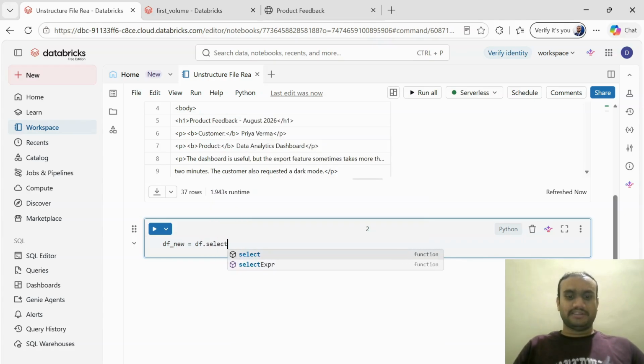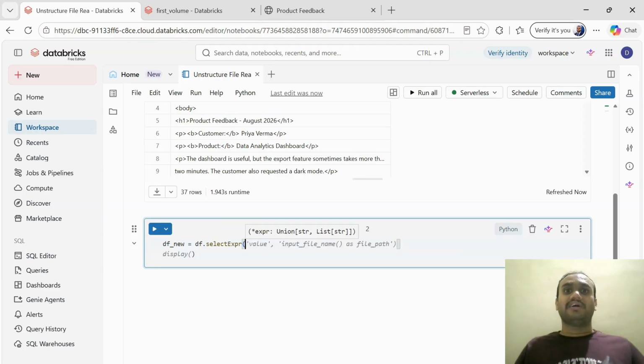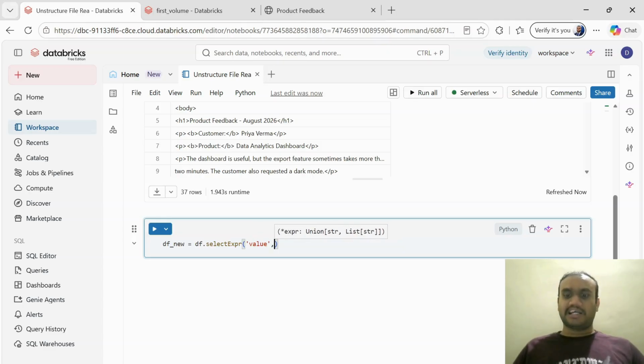Using this data frame, you can use df dot select expression. You can fetch a few more metadata details of this file: when it was modified, when it was created, what the file path and file name are, other than this value section. So what we are going to extract from there, this is the value. Against each value, now you need to put your metadata dot file path.